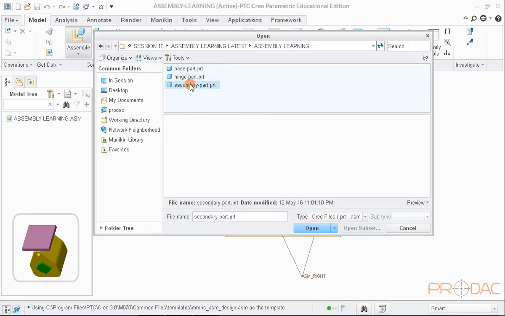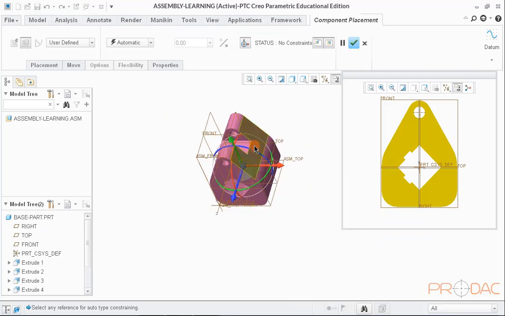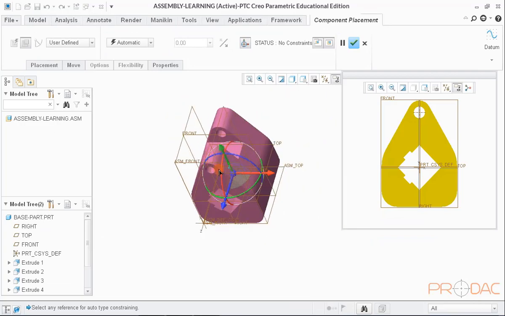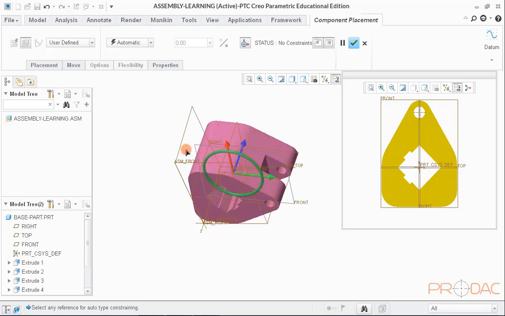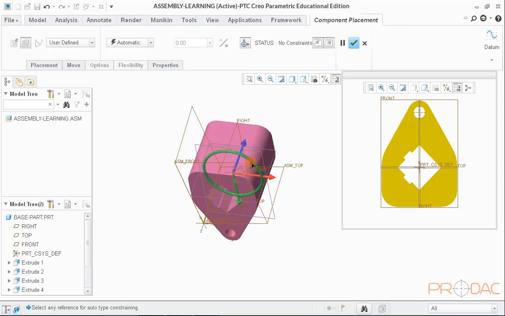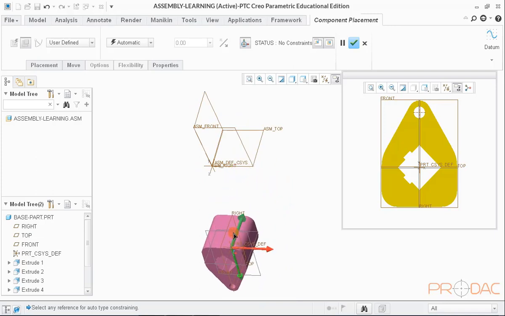We'll open up base part first and would start assembly with this part. Now, base part opens up in the main window. Together with this, another small window pops up which also contains base part. Also, there are 3 arrow handles and 3 arrows attached with the base part. Arrow handles are used to rotate the part about all 3 axes, and arrows are used to translate the part in all 3 directions. Using this functionality, it becomes very easy to assemble the components.